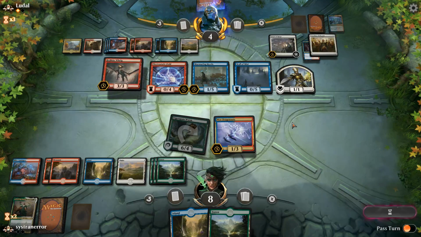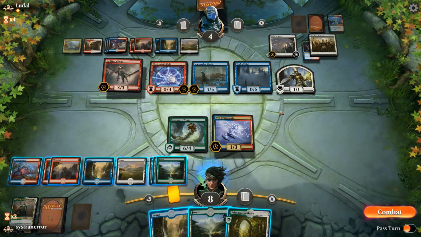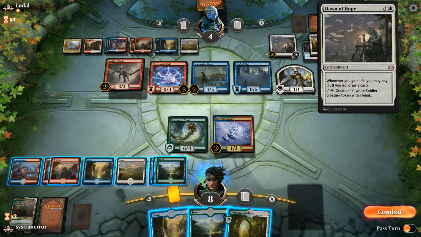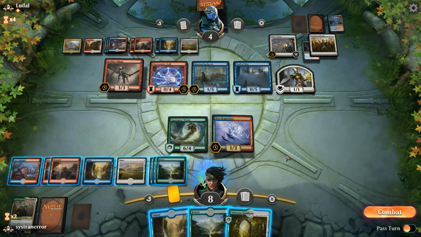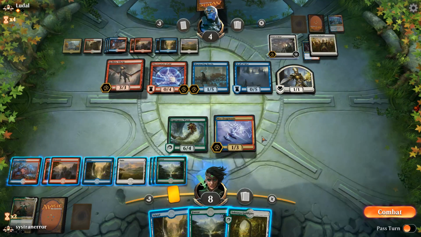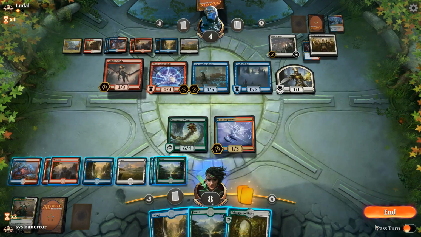And then he can generate like... Oh, come on, dude. How many fucking lands can you draw? So attacking with this, does it do nothing? Or is it actually worth doing? I think it actually does nothing. He's not attacking anyway, but like...